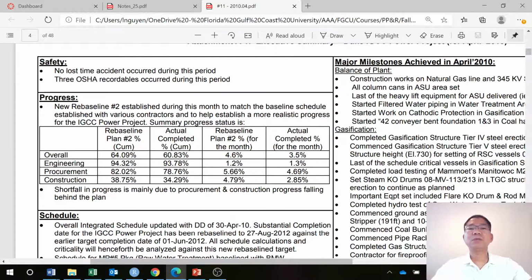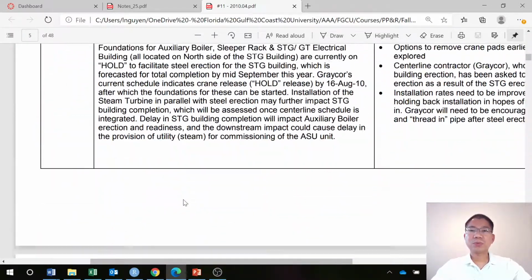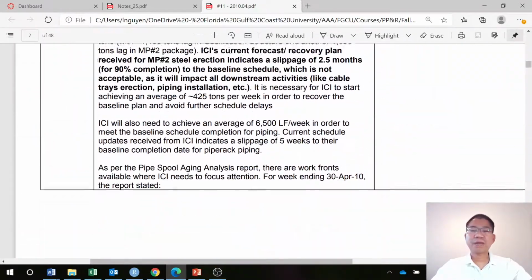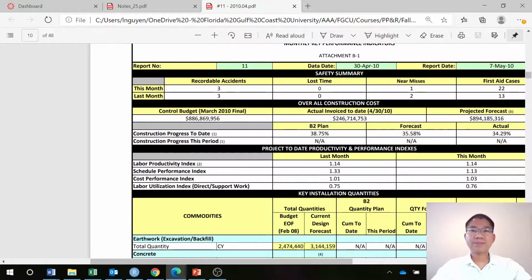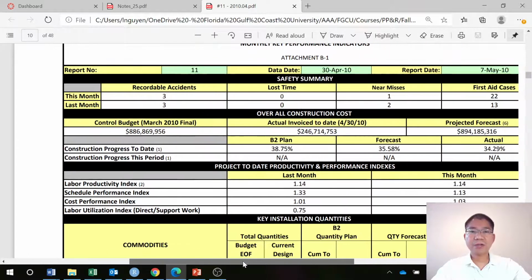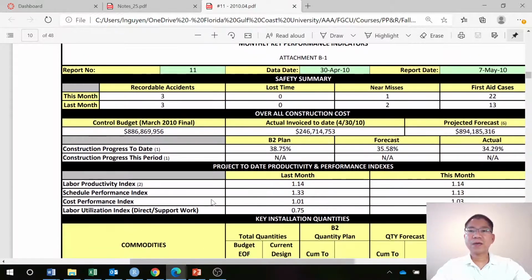In this case, the actual completed can be broken down into engineering work. So far, we were supposed to complete 94%, and now we have actually completed 93.78%. Similar for procurement and construction. And going further, they have 48 pages of analysis. And in terms of the cost, something that we are talking about, for this project, we can see the control budget,